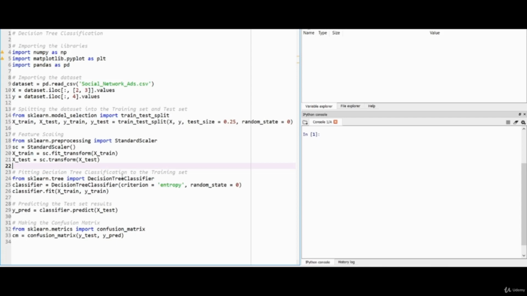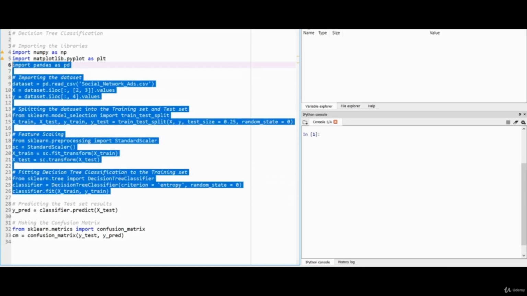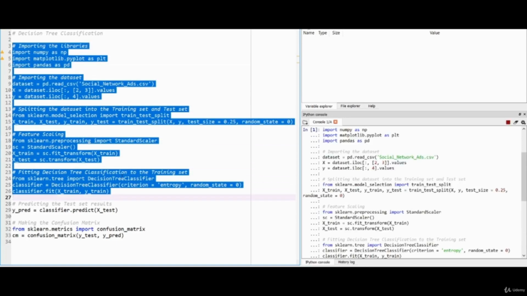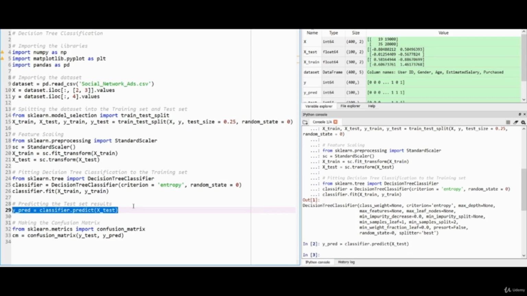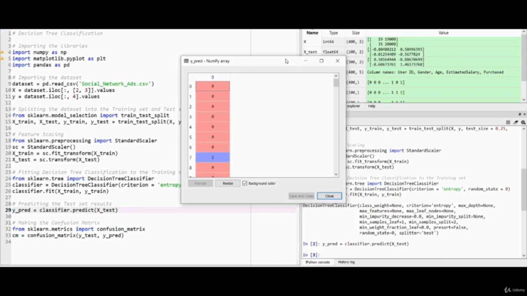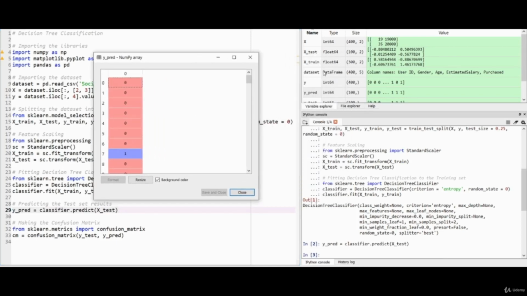So now after initializing our object, we have to fit our model. So classifier.fit(X_train, y_train). So let's run this whole section from this to the top. So our model is trained now. Now we have to predict our X_test. So it's predicted. Now let's see what is y_pred here and y_test.